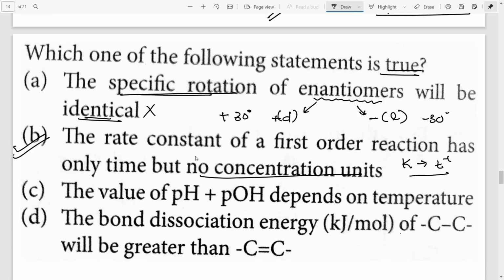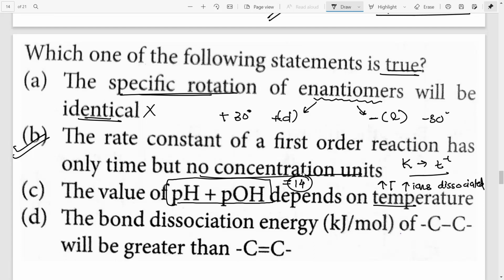Now here is a slight difference in point. See, if they say pH and pOH, or either of them, depend on temperature, that is exactly true. One of them definitely, if we see individually, depends on the temperature. How? Because when you increase the temperature, more and more ions will be dissociated, and therefore there can be a change in the pH and pOH. But here in the question, they are saying pH plus pOH. Now we know that the addition of both is equal to 14 always. So irrespective of the temperature, it should be equal to 14. So therefore, I feel that the statement is true.